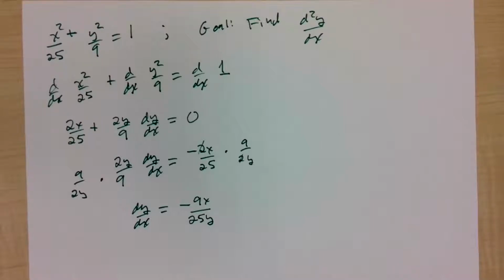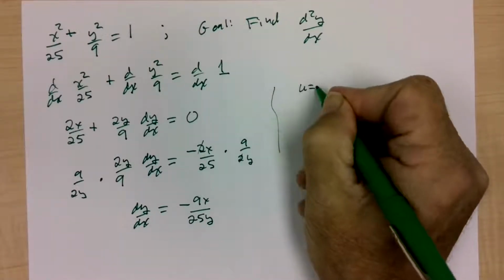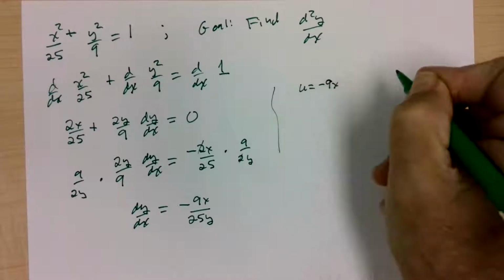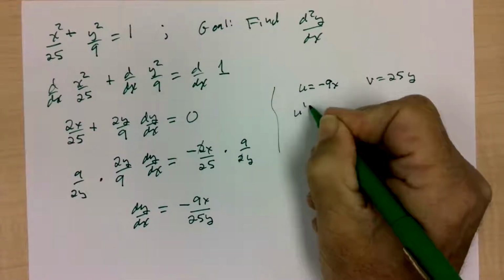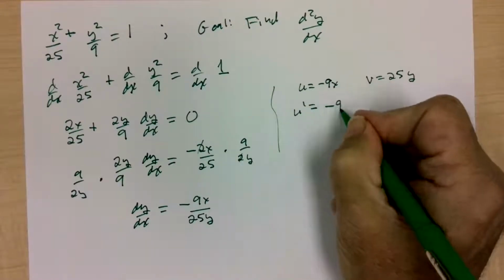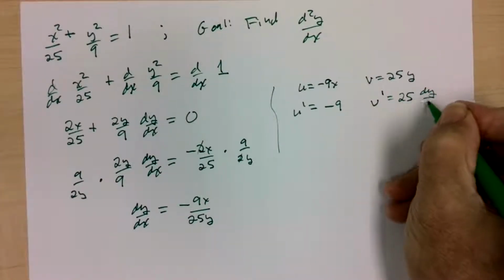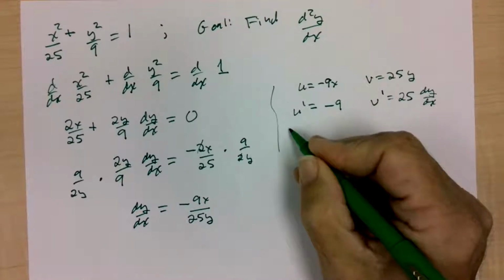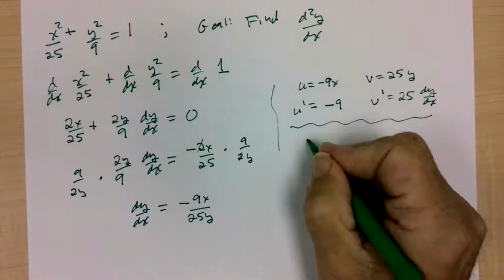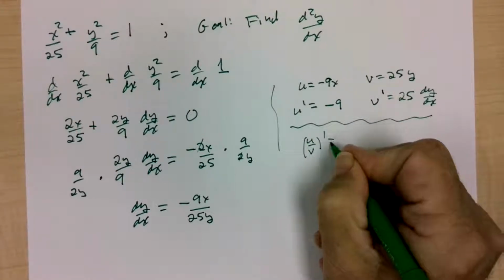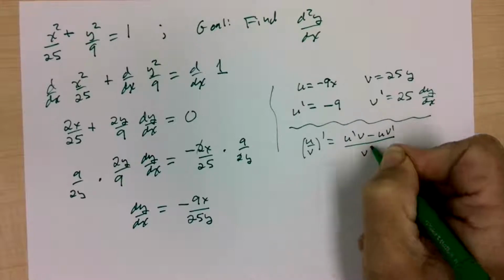So in that instance, we're going to have u is negative 9x, v is 25y. u prime with respect to x is negative 9. v prime with respect to x would be 25 dy/dx. We know our usual rule is what? The quotient rule: (u over v) prime is u prime v minus u v prime,